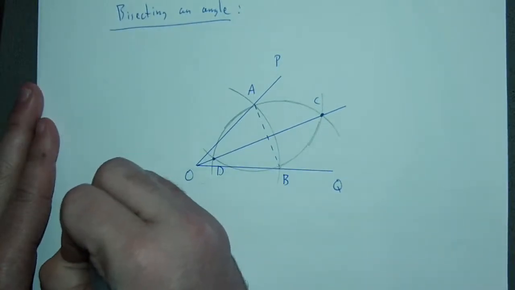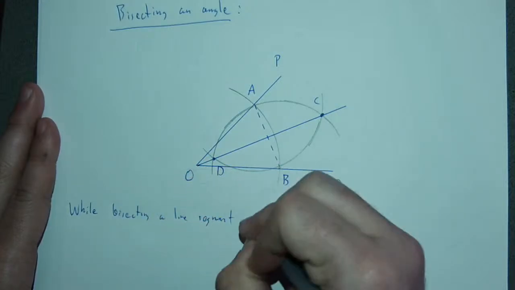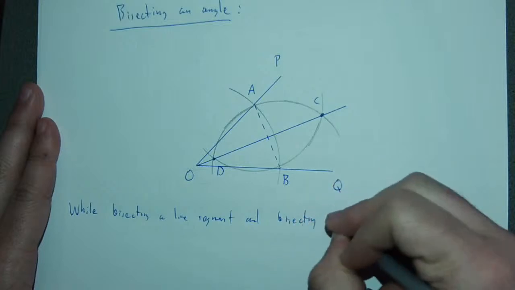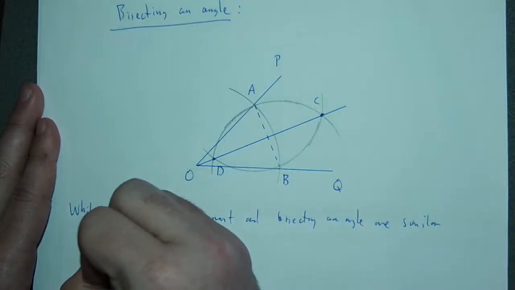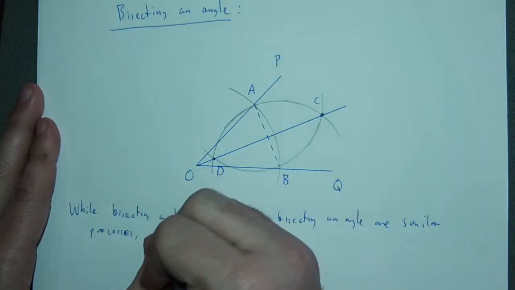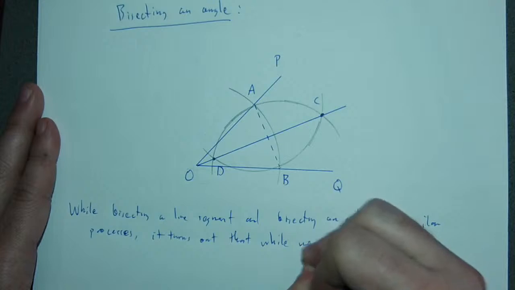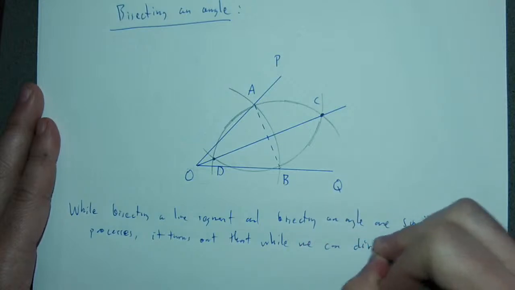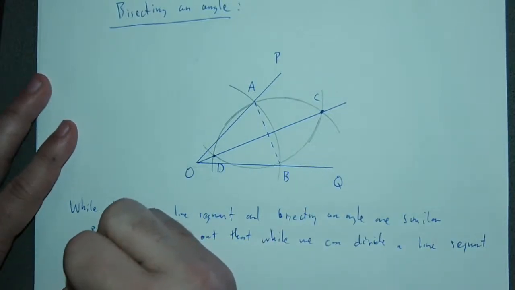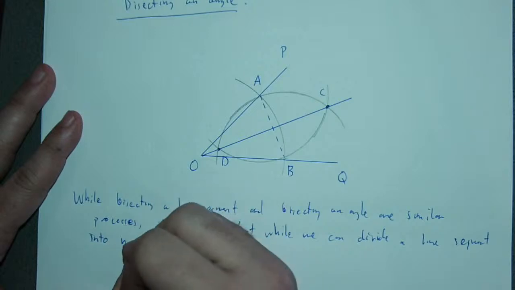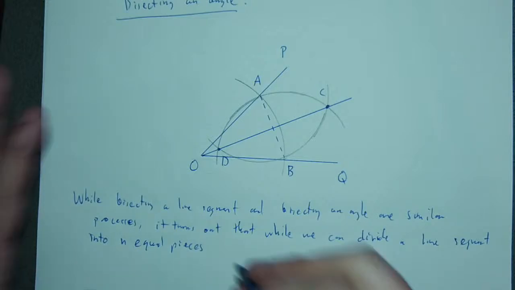So while bisecting a line segment and bisecting an angle are similar processes, it turns out that while we can divide a line segment into n equal pieces without much issue, okay, using compass and straight edge,